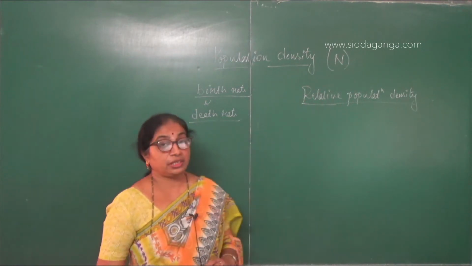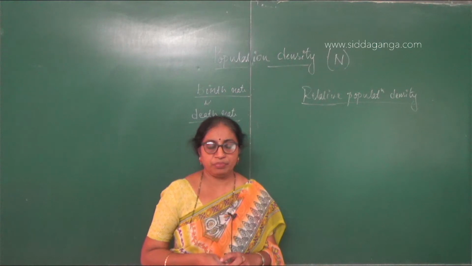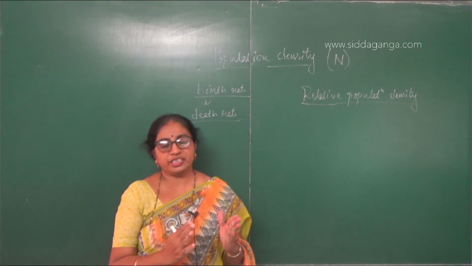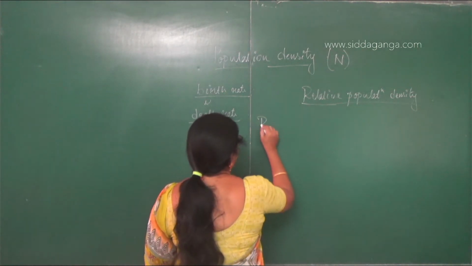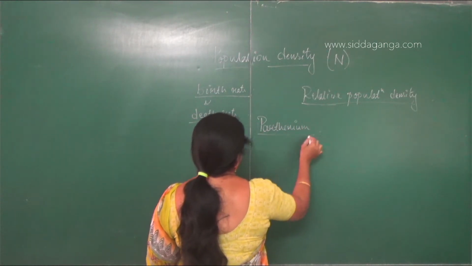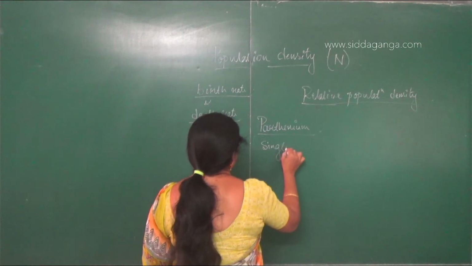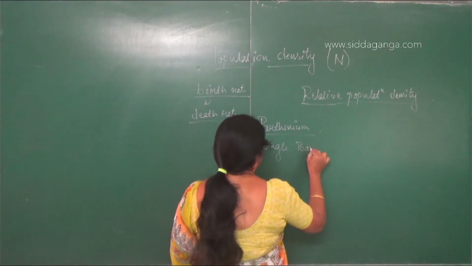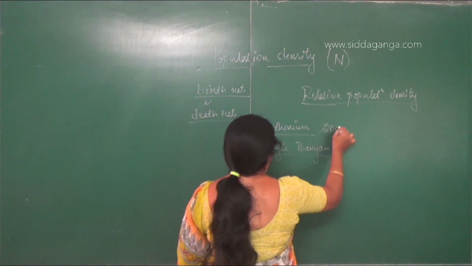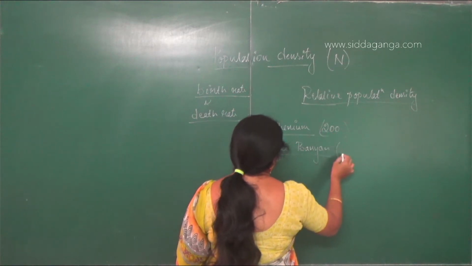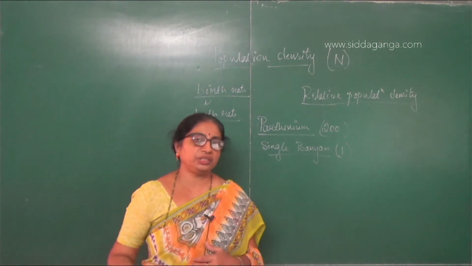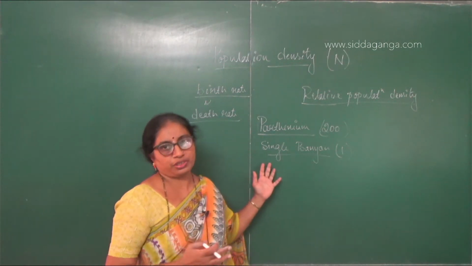So this is called relative population density. Sometimes when we are comparing some organisms with other organisms, for example, the population density of Parthenium is taken. Suppose in a particular habitat there are 200 Parthenium plants and there is one big banyan tree. So if we are speaking about the population density, it is an injustice for the single banyan tree